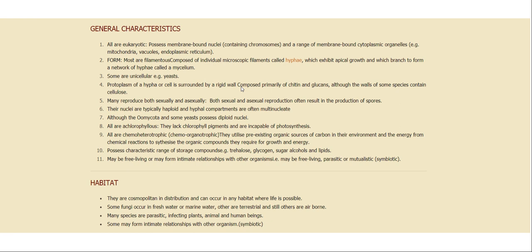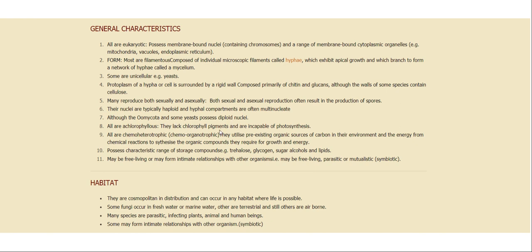Protoplasm is surrounded by a rigid wall which is composed of chitin and glucans. Some may contain cellulose also. I told you in the beginning only, they can reproduce sexually and asexually, and they produce different types of spores. We are going to talk in detail about it. Their nuclei are typically haploid and they form compartments, so they form septate mycelium. Although Oomycota and some yeast possess diploid nuclei,